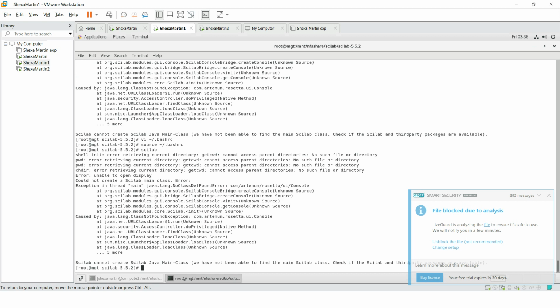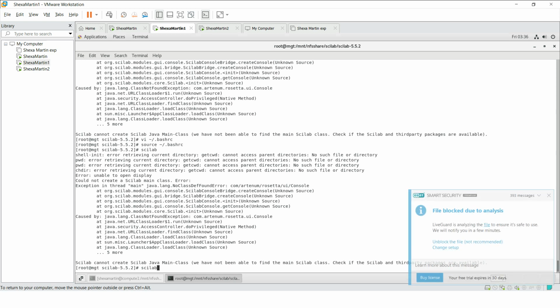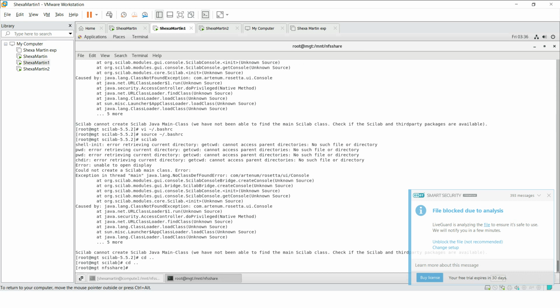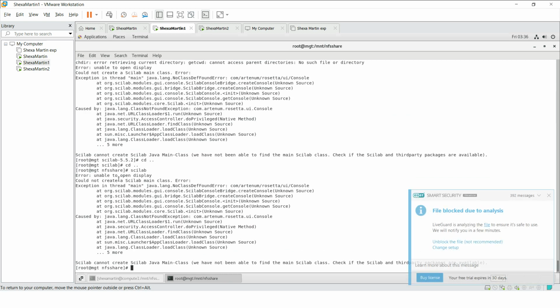However, it's showing an error: error retrieving current directory, getcwd, cannot access current directories, no such file or directory. Alright, let's cd, and then let's just say Scilab. Alright, it's saying error, unable to open display. Could not create a Scilab main class, exception in thread main. Okay, anyway,